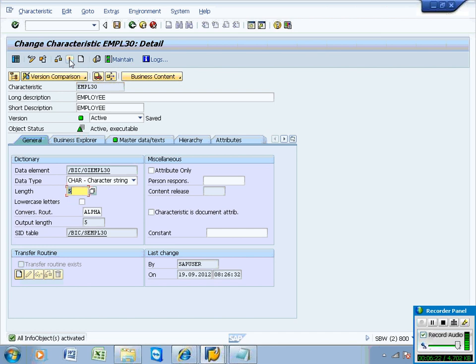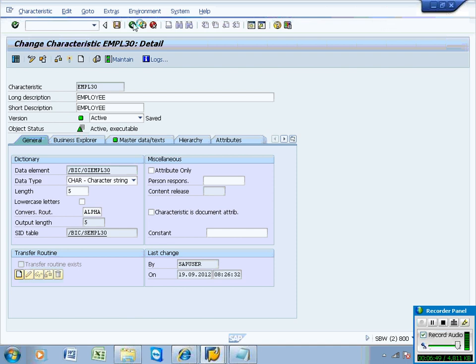Within the info object you can find the table context. You can find three tables. The three tables contain the field object, which is whatever field you created as the info object. If it is the main info object, then it is going to act as a key within the table. I am going to discuss all these tables later on. Now, come back.